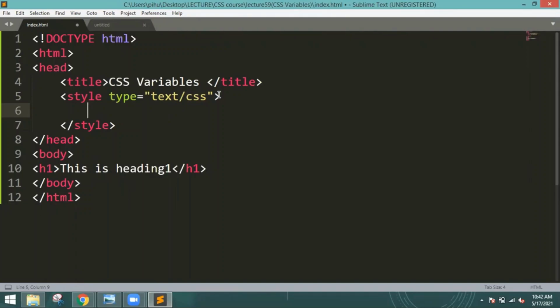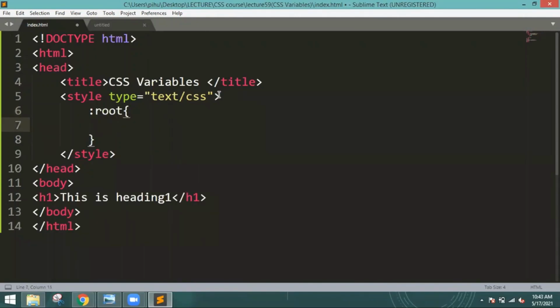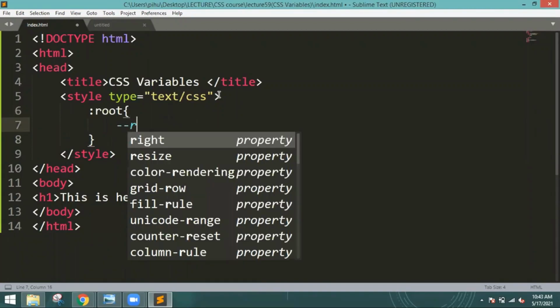Okay, so the CSS variable has access to the DOM, which means that you can create the variable with local or global scope. Okay, and change the variable with the help of JavaScript, and also change the variable based on the media query. So here first we are going to take :root. Okay, so inside that root, I have to mention